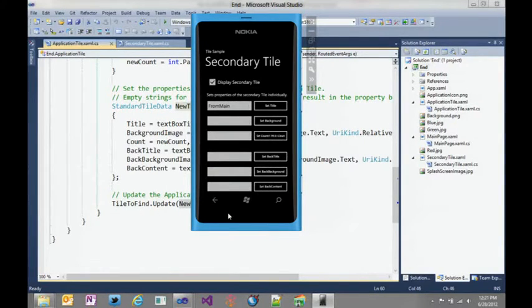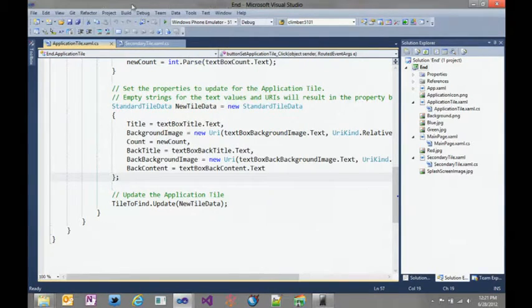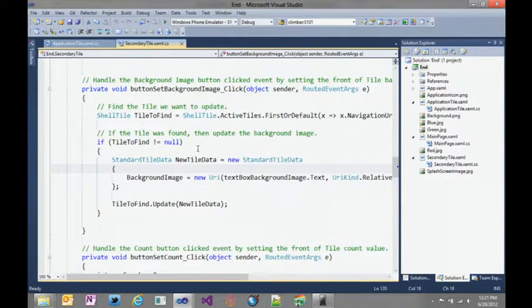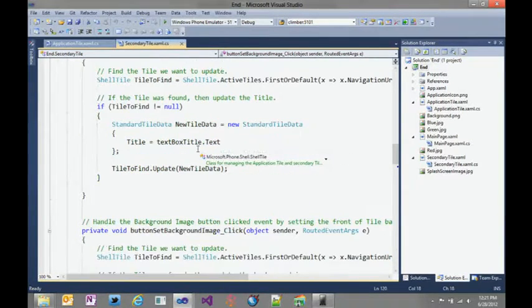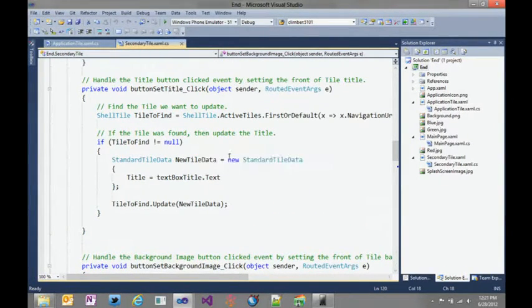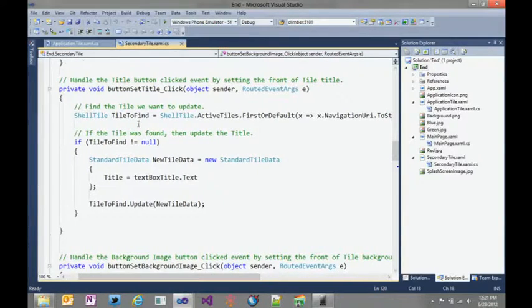I'm not going to go through them all, but they work pretty much the same way as the main tile. But let's have a look at how we're now updating this secondary tile. So this is the image title. This is the one we just did, right? So whenever I click that set title click, same idea, set tile to find, except actually the one thing we